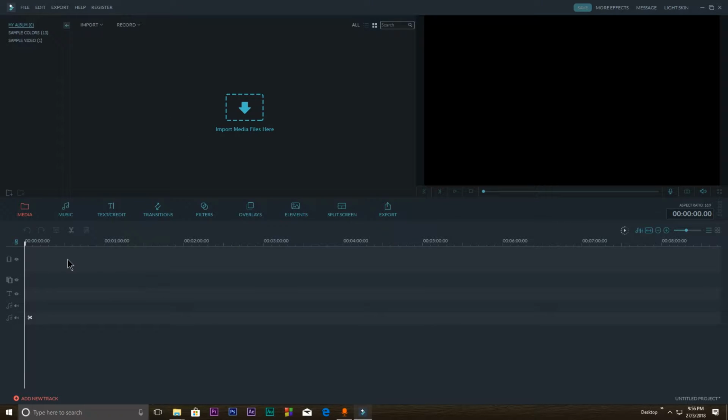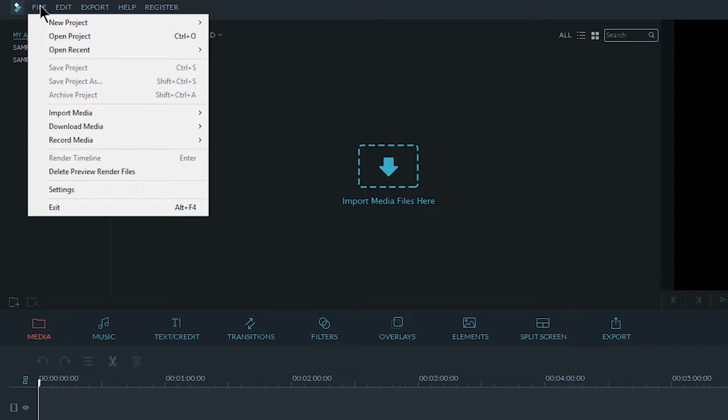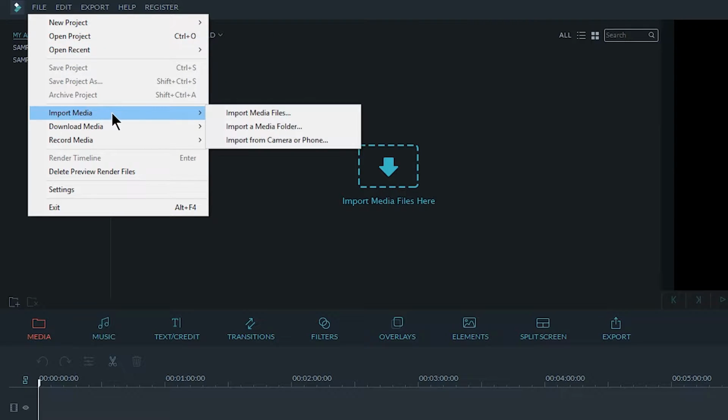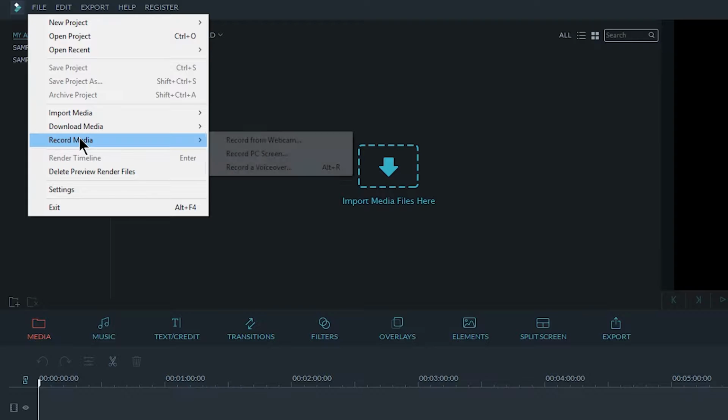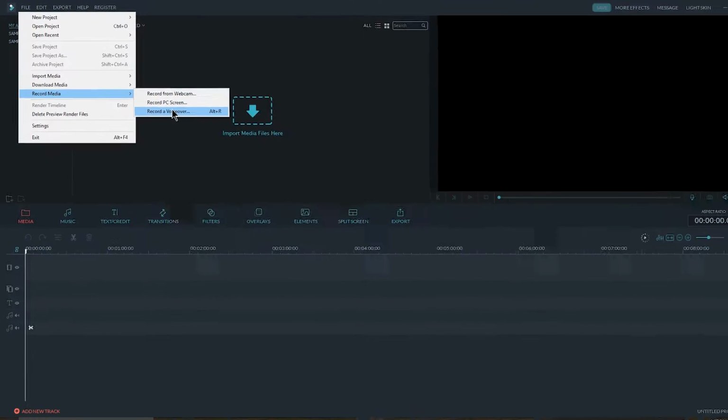This is your timeline. You can add multiple videos, text and audios, and if you go to this file section, you can choose the option for new project, open project, and import media from different kinds of files and download media from Facebook, Instagram and Flickr. And you can record media from webcam, screen, and if you want you can record a